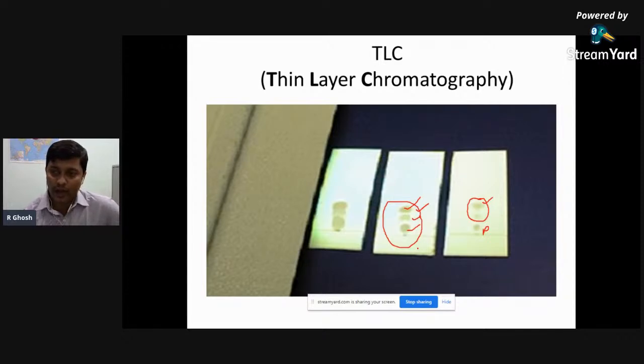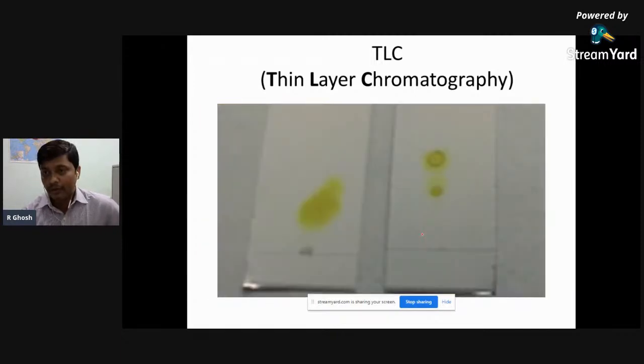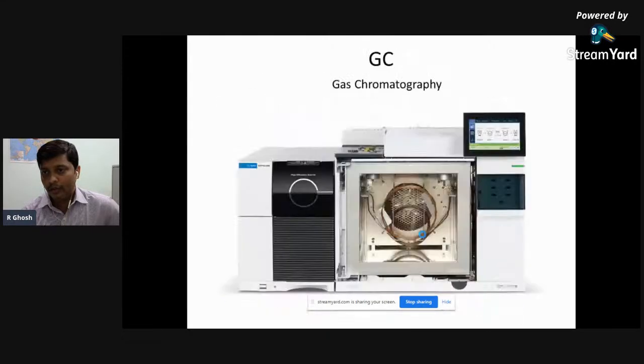And then once you have been able to isolate all these components in a pure form, depending upon their different polarity, then you can go for the NMR, mass, and IR. So all these, NMR, IR, mass, are going to help you with the characterization of a particular component. Here, through the proton NMR, we are able to find out how many different types of protons are present. Suppose I show you people